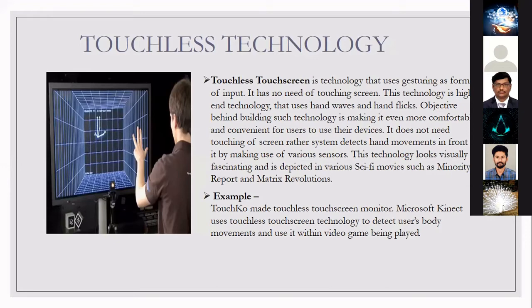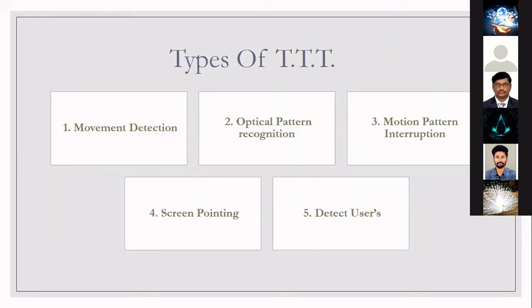Going to the next slide. These are the types of TTT, meaning touchless touchscreen technology. The first one is movement detection. Movement detection is a technology that detects change in position of an object with respect to its surroundings, and also change in position of surroundings with respect to the object. The motion or movement detection can be either mechanical or electrical in nature. And